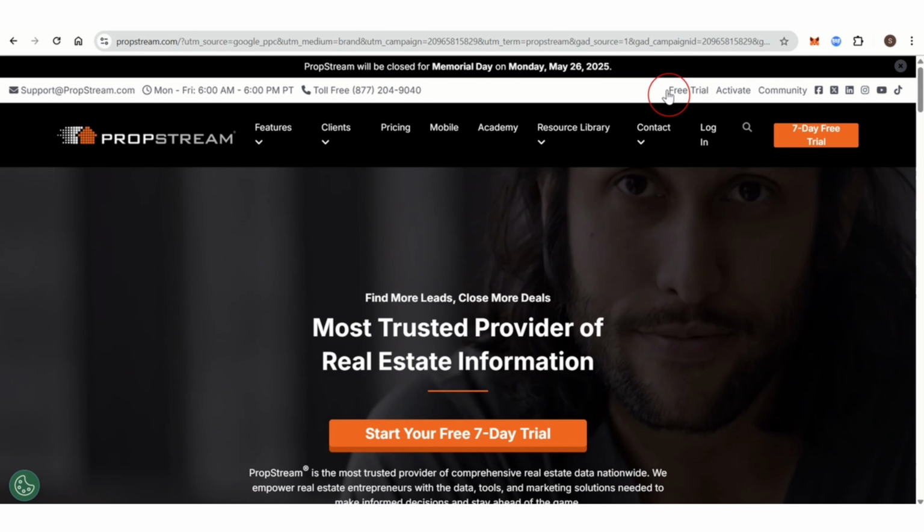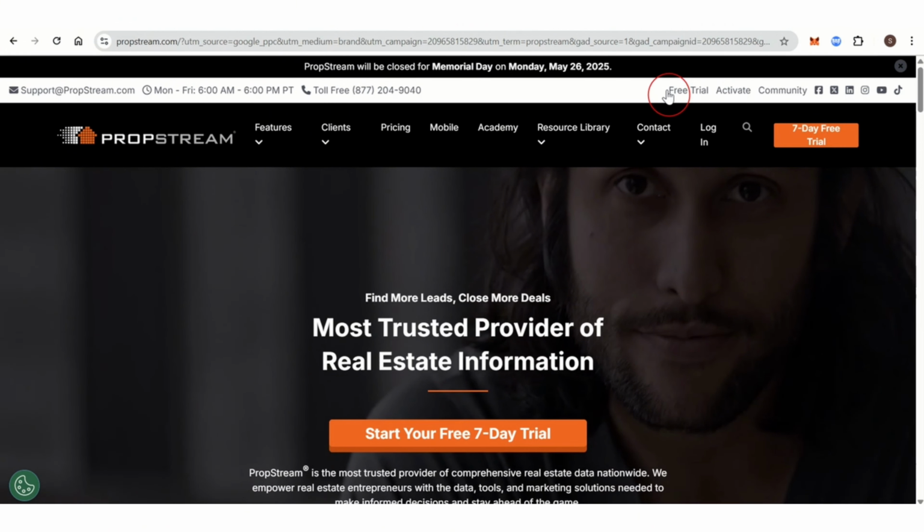And the weakness of PropStream is that it is priced at $99 per month, which may be steep for beginners, and some users find the interface less intuitive and outdated. It charges $0.10 per record for skip tracing, which can add up, and in non-disclosure states, property value estimates may